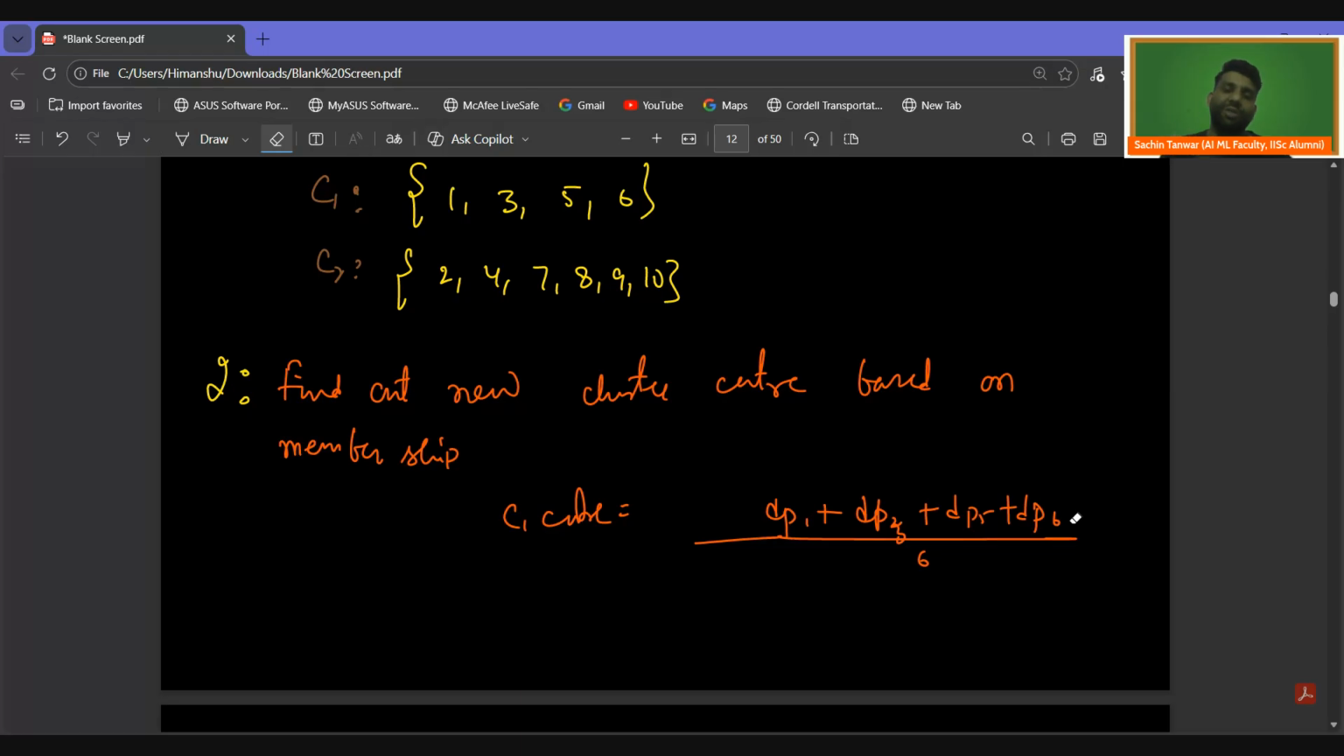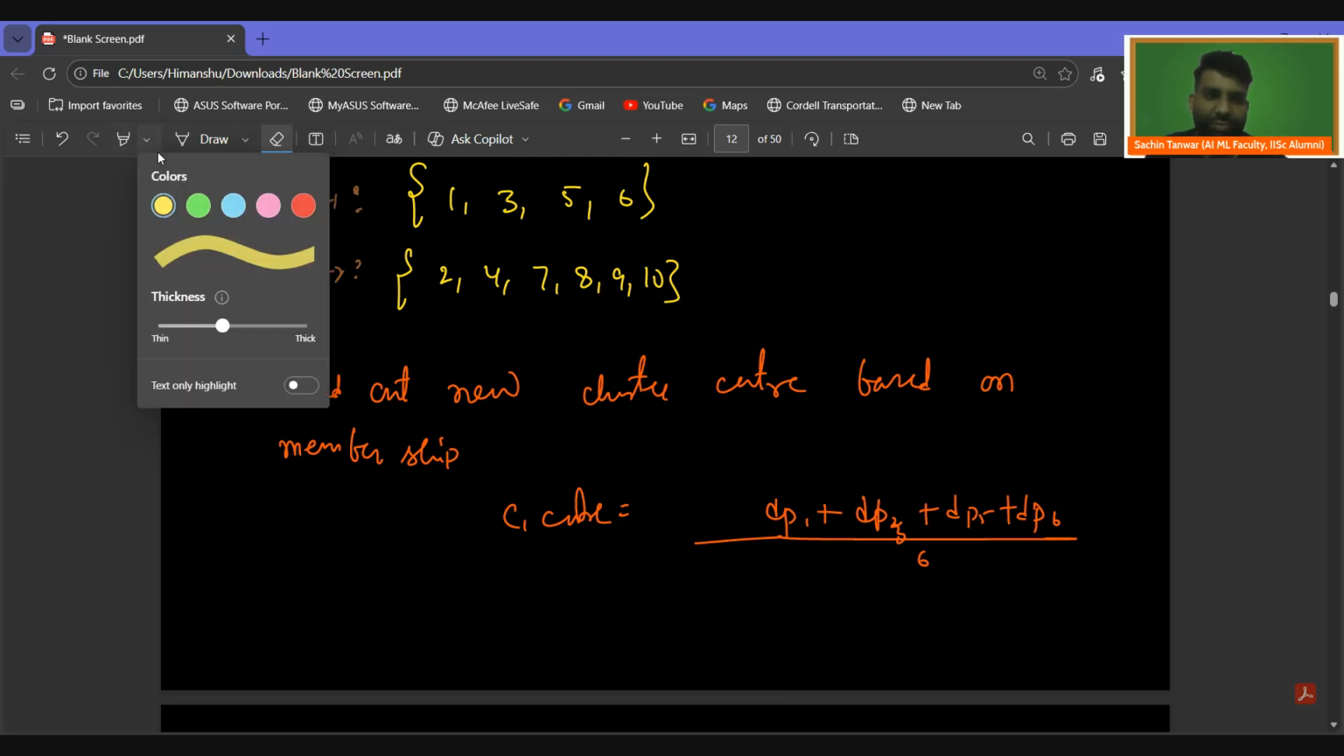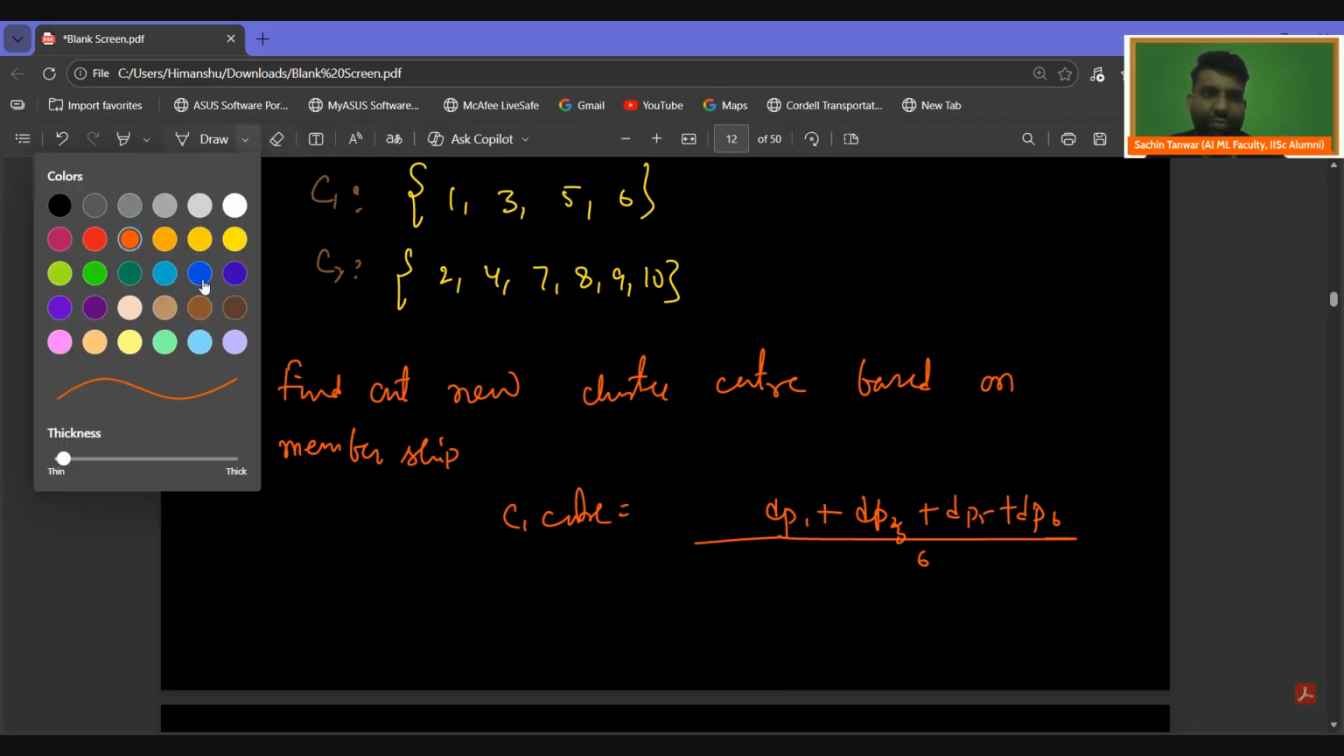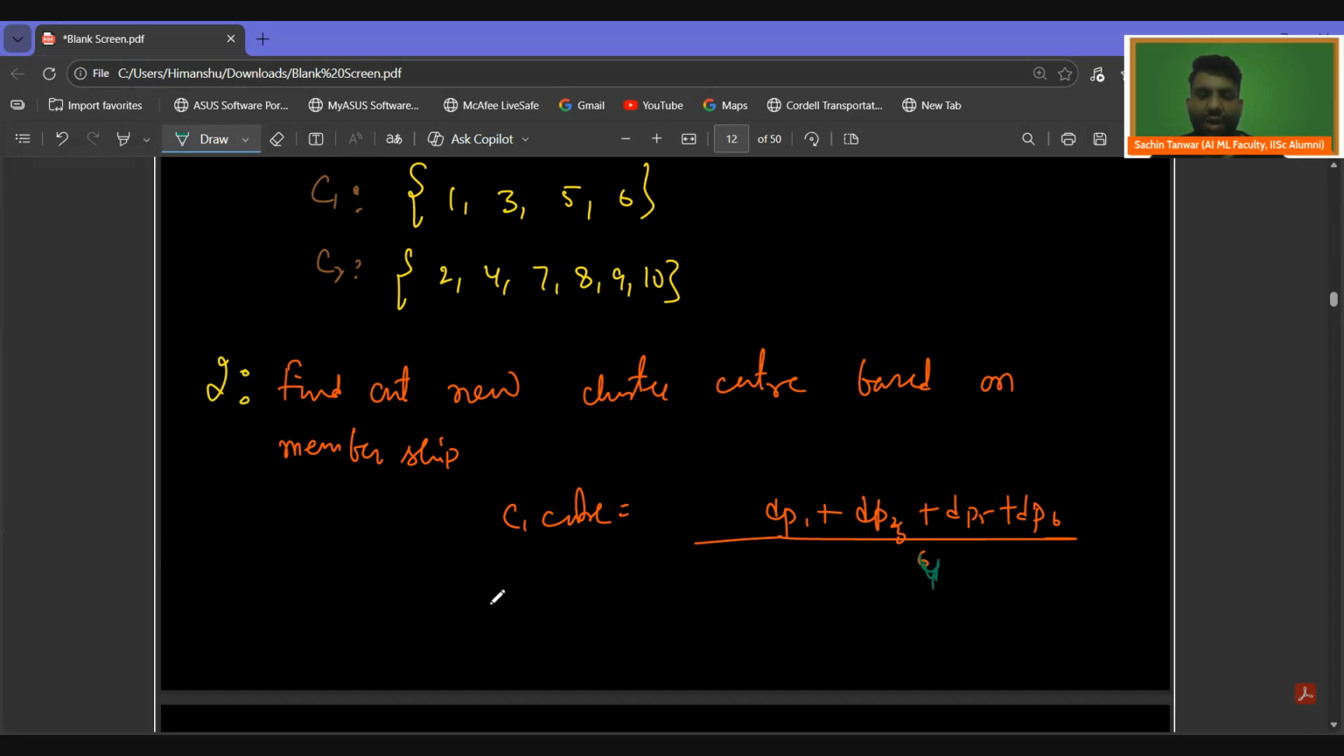So if it's two-dimensional, I'll simply do x1 plus x3 plus x5 plus x6 divided by 6 to give me the x coordinate of the new cluster center. And for the y coordinate, I would again do y1 plus y3 plus y5 plus y6 divided by... it has to be 4. There are 4 members now, so it has to be 4. Sorry, my bad. And similarly